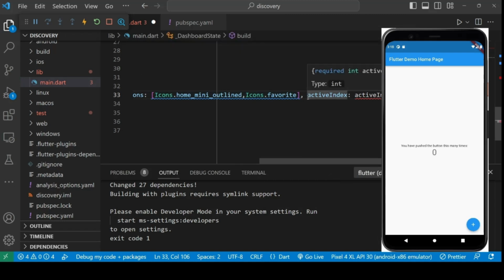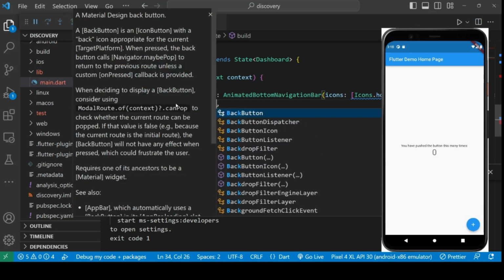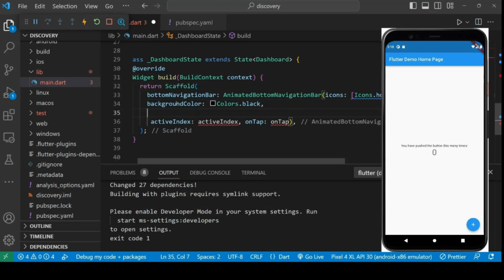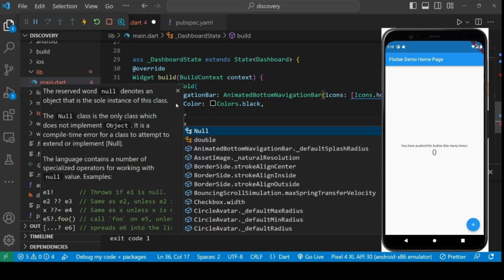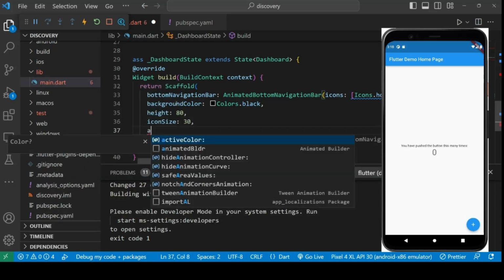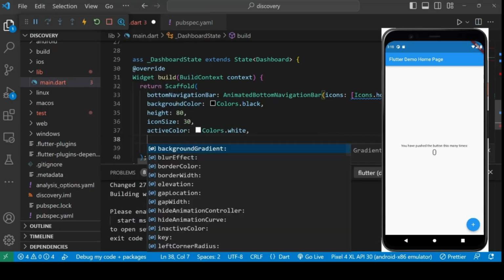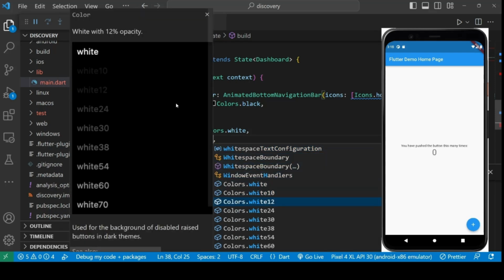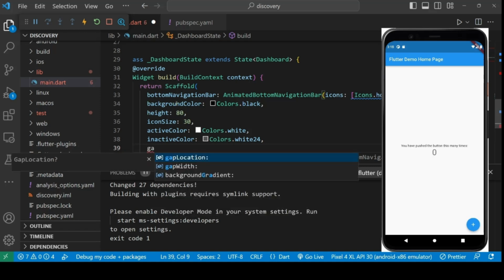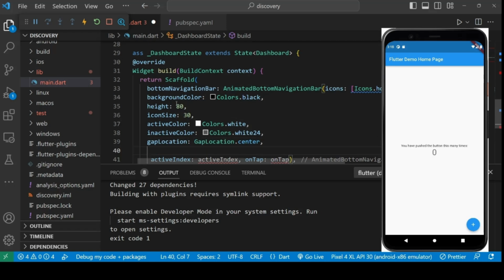After giving the icons, we can also give properties like the background color, which I choose to be black, the height would be 80, and we can also give the icon size of 30, and active color, which will be white, and inactive color, which will also be white but slightly lighter, and gapLocation center because it has the cavity,